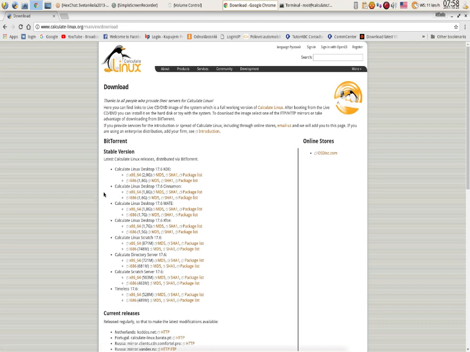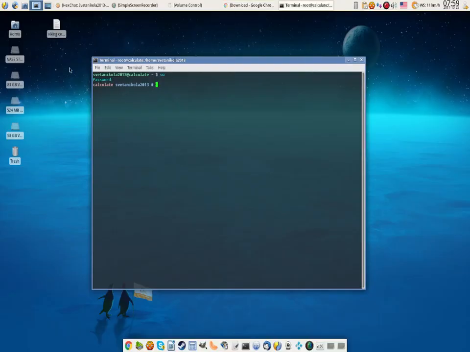The second one in a row is Cinnamon Desktop, which I tested a couple of days ago. It really is nice, but I actually decided to go with the fourth one because it's my favorite in every distribution of Linux, the XFCE Desktop. Now this is only the looks and some of the options, right? The desktop manager that you choose also, of course, brings its file manager with it.